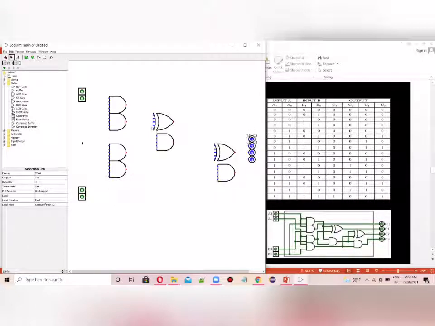Now let's change this as 2 input. In the number of inputs, we can change this as 2, and this also as 2, and this one also as 2.